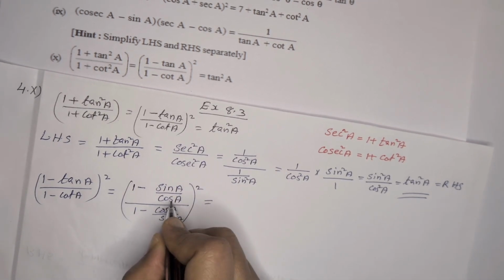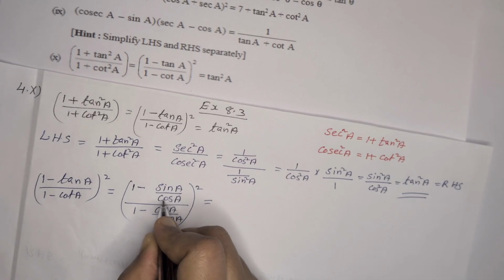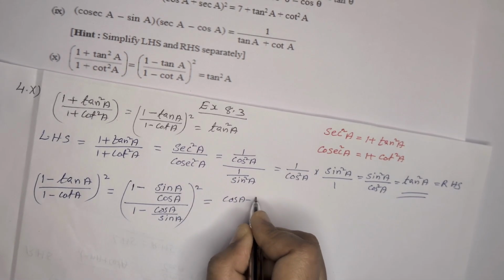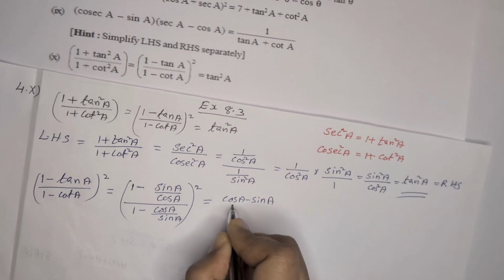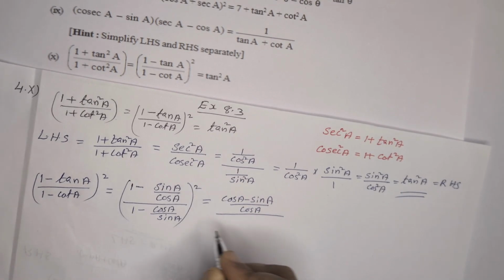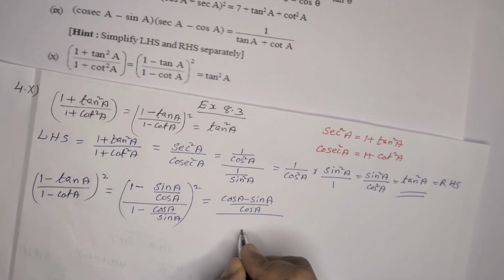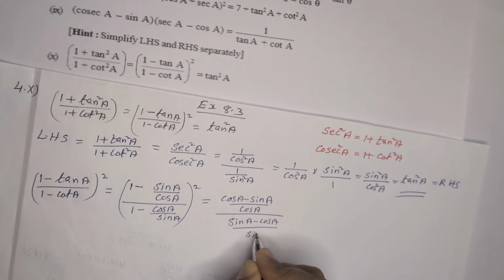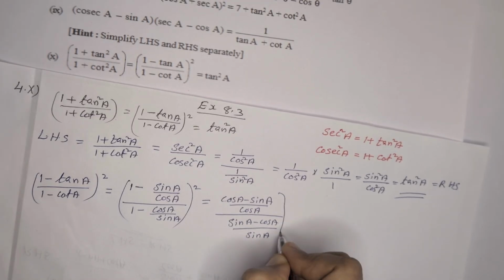Take cos A as the common denominator in the numerator. So that will come as cos A minus sin A divided by cos A in the numerator. Same way sin A as the LCM in the denominator. So we will get sin A minus cos A divided by sin A. The whole thing squared,